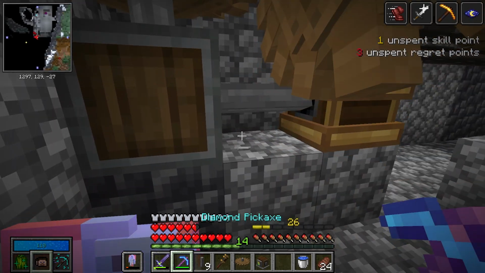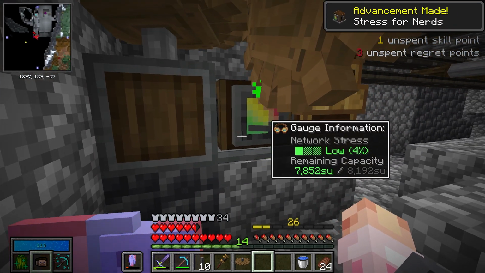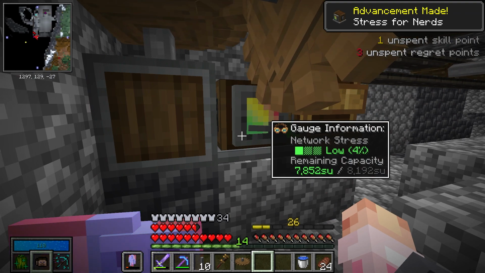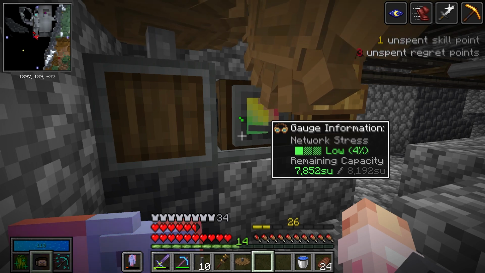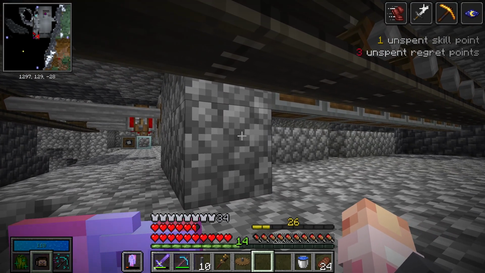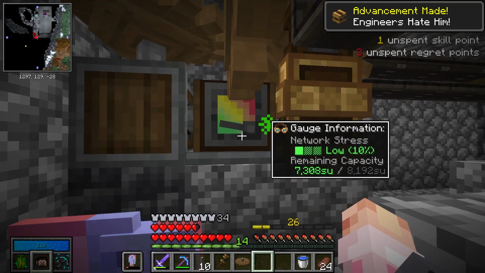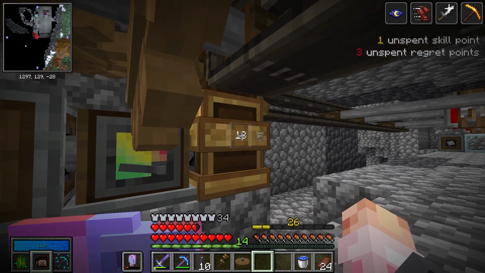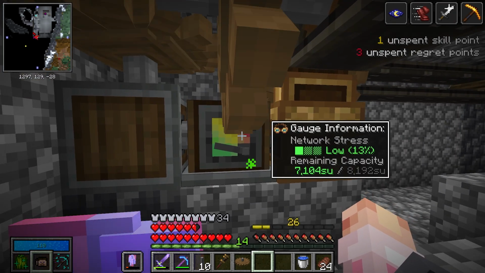The stressometer I can put right here, and it will continue the power, and we can see, oh boy, we're already using 7,000 of the 8,000? Really? Oh, remaining is 7,000. Oh, we can go a lot faster, huh? So if I set this to like 16 and just,